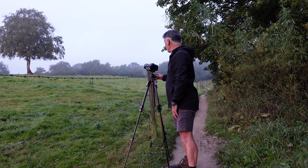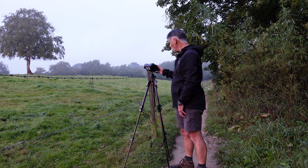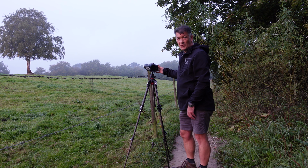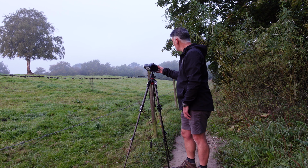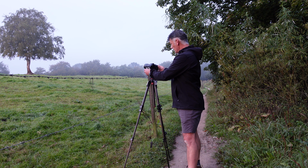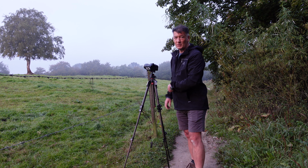Kit wise, I've got my 24-70 lens at about 50mm. We're shooting at f8, ISO 100, white balance set to cloudy, and I'm taking 2 bracketed exposures. The first one exposed for the light on the tree, and then because the sky behind it, although it doesn't look it, is considerably brighter, I've exposed one for the sky as well, and then I'll blend those together